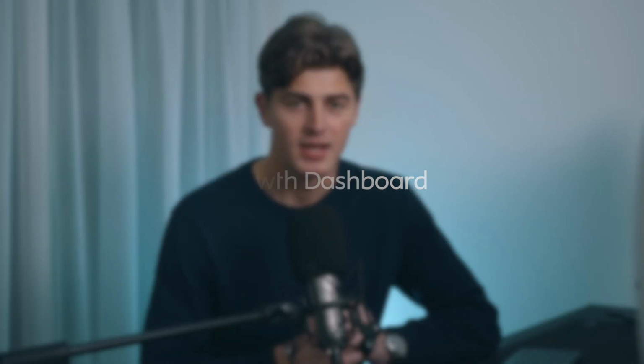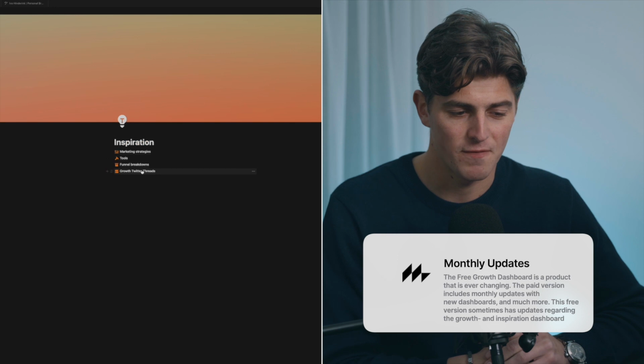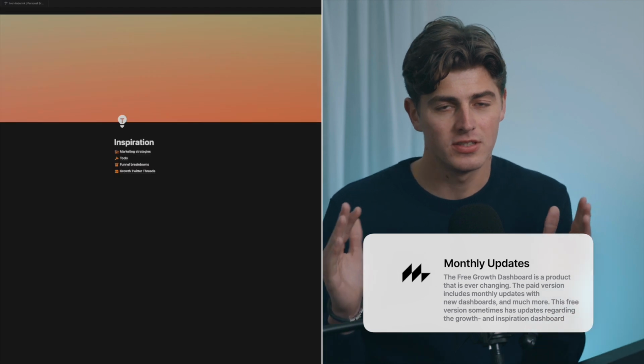The first dashboard is our growth dashboard, and our growth dashboard makes it really easy for you to brainstorm, prioritize, plan and execute all your growth experiments. The first step in this dashboard is about brainstorming, and brainstorming is very important to do in the right way. In the growth dashboard, you just start with a blank page, so nothing will be in there,